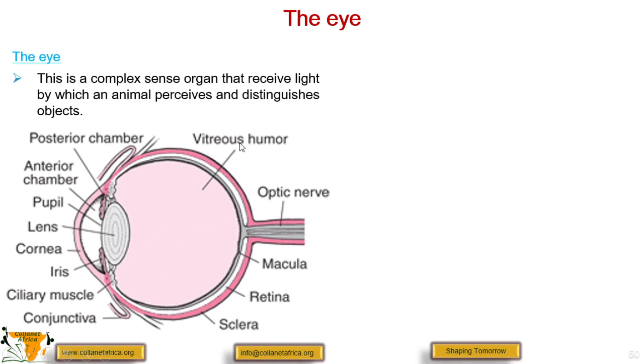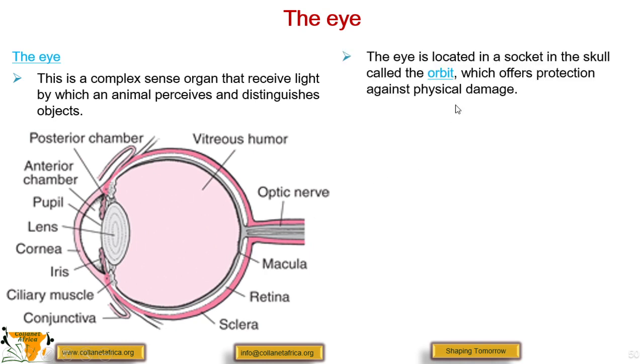These are parts. We have the vitreous humor here. There is aqueous humor. We have the optic nerve. There is retina. There is the scleroid layer. We have conjunctiva here. The ciliary muscle, iris, cornea. There are lenses, of course the pupil, the anterior chamber, as well as the posterior chamber, and also other parts which I was not able to show you in this diagram, but we shall discuss all of them,